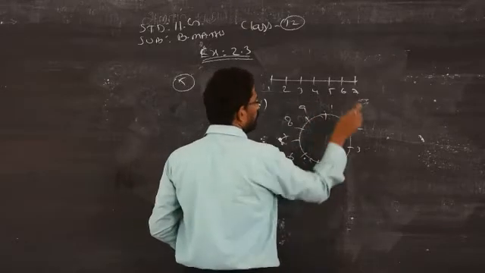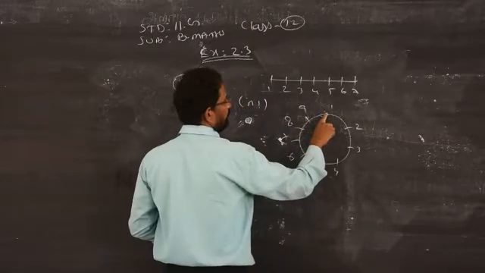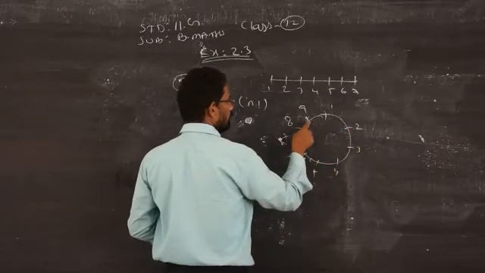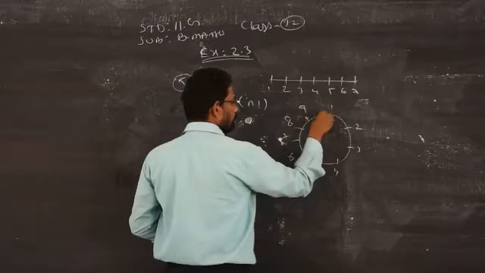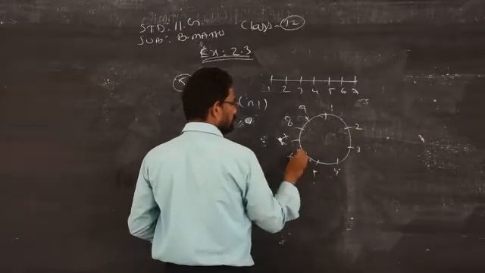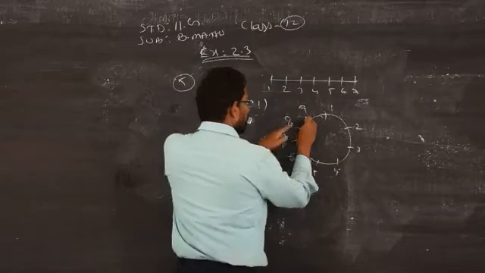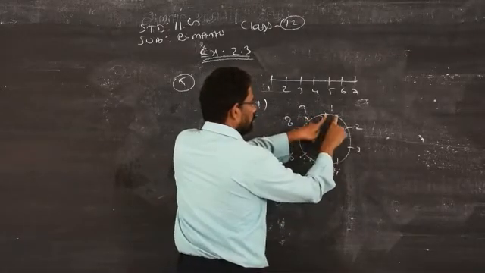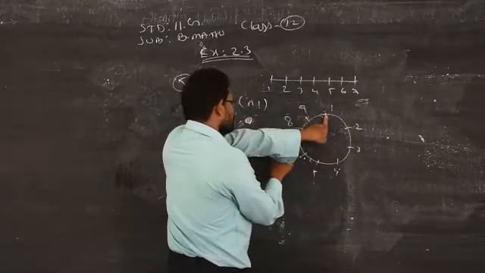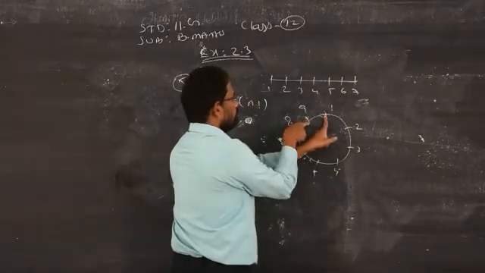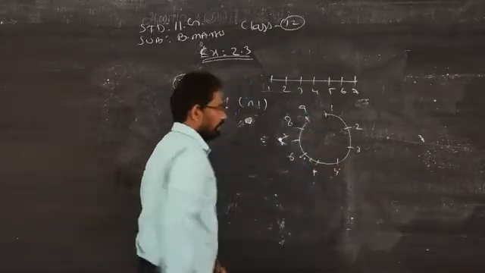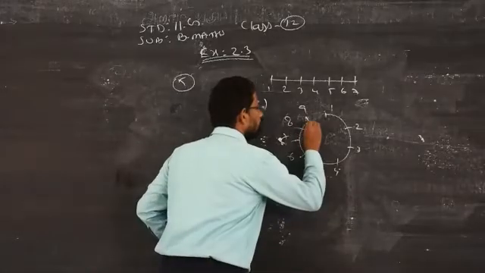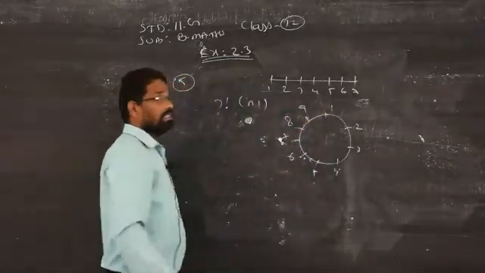So if you arrange them in ring format, 1, 2, 3, 4, 5, 6, 7, 8, 9, now you count. I am starting here: 1, 2, 3, 4, 5, 6, 7, 8, 9. But what is a circle? A circle should be closed to 1. If I stop up to this, then it does not become a circle. Clear? There will be a gap. It is not called a circle. Once I connect to 1, it is called a circle.